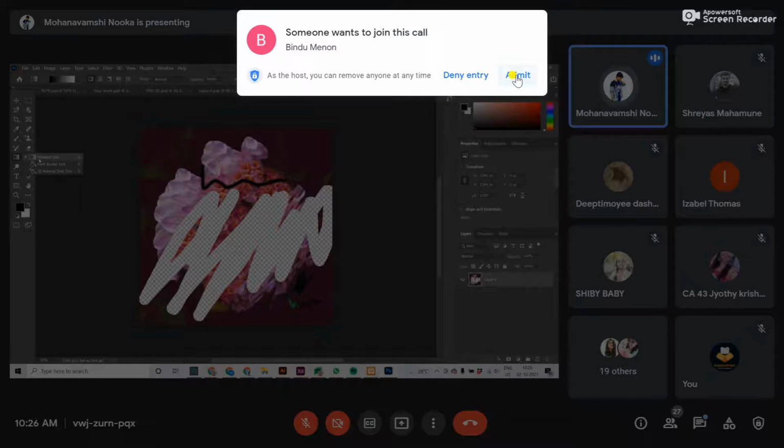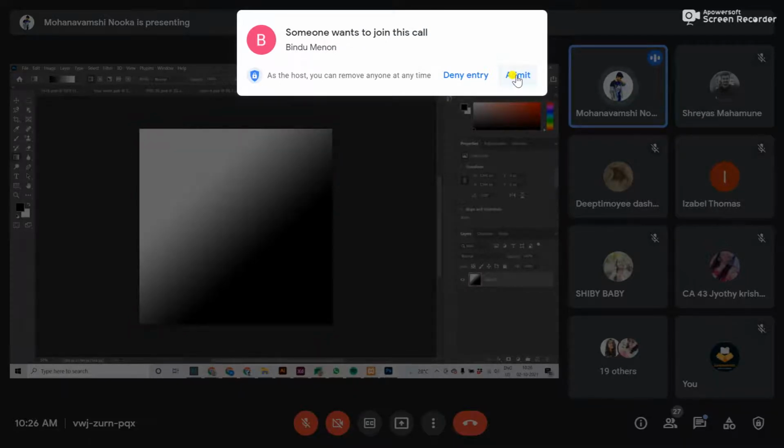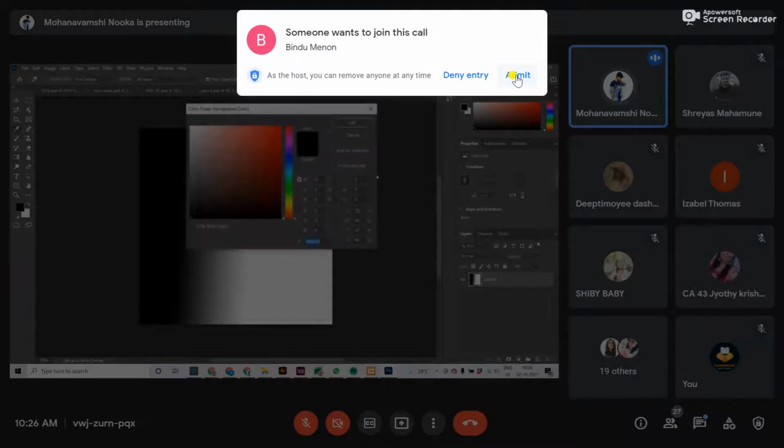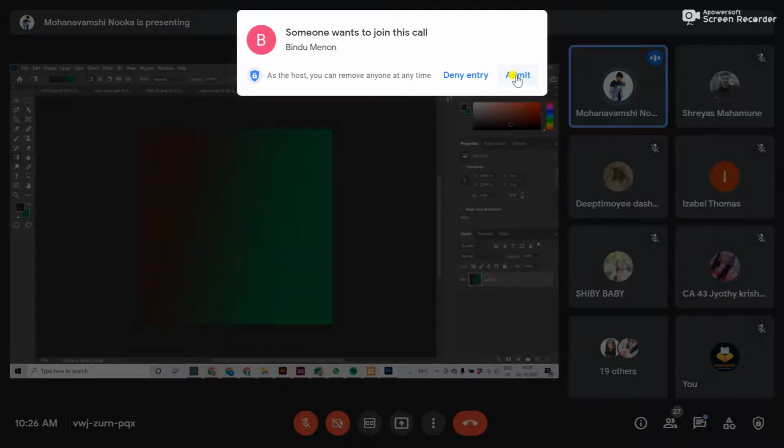This is the gradient tool to add gradient like this. For any image we can change the color like this. Okay, this color. Now change the gradient like this. See, this is how the gradient tool works. And this is the blur tool. It will be used to blur the particular image.